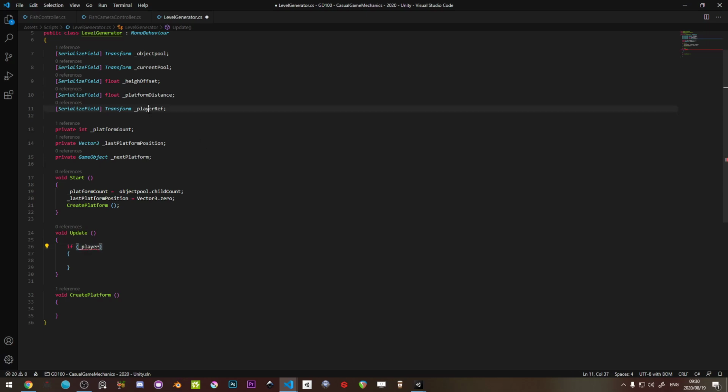We're going to say first, I don't know why my variables don't show up inside of my if statements. Player ref dot position dot x. So I'm finding out where the player is in the x, and then I'm going to subtract the last platform position dot x, because that'll give me a float value that I can compare. It's basically going to give me the distance between these two values, and I'm going to say if that value is greater or equal to,